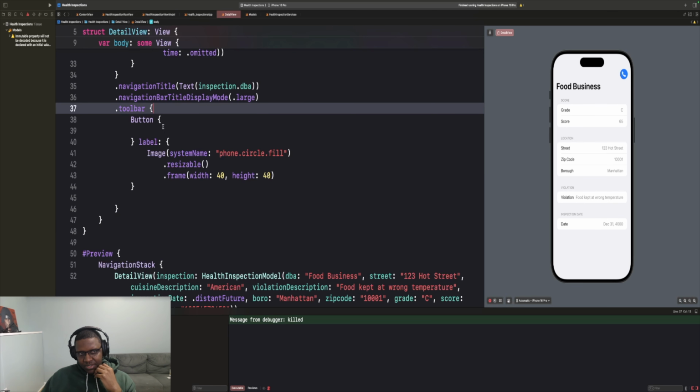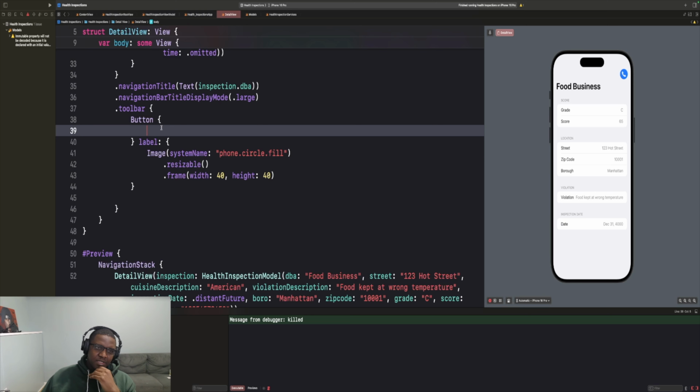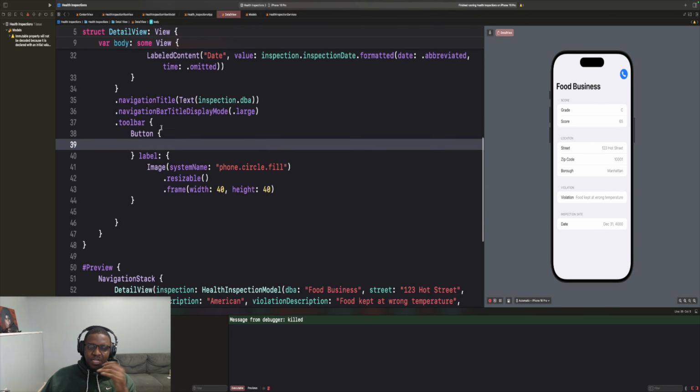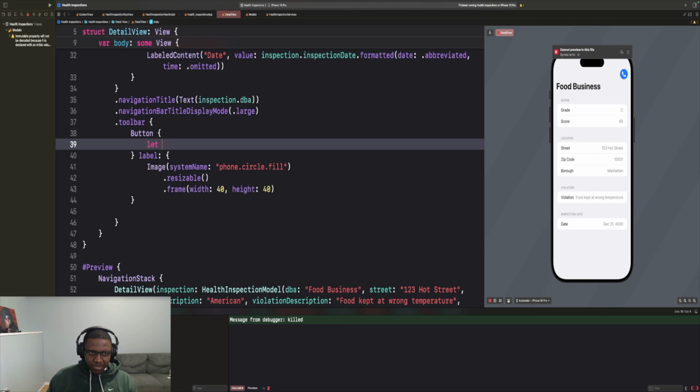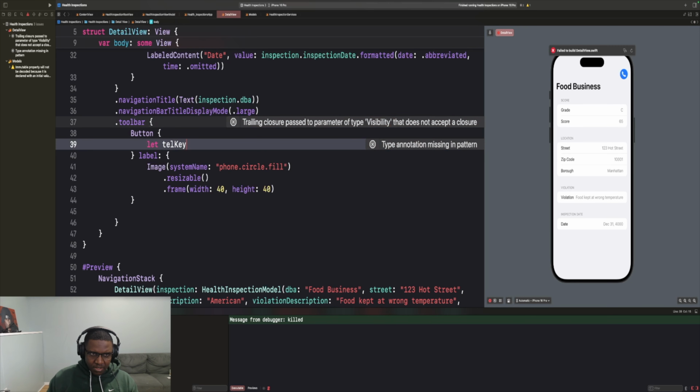So really what we want to do inside here is make it so that we can use that phone number that we got and use it to actually make a call. The first thing we need to do for that is add something called let. We're going to create a variable to do this. So we're going to say let, and then keyword, telephone key, right? And then we're going to just make this be